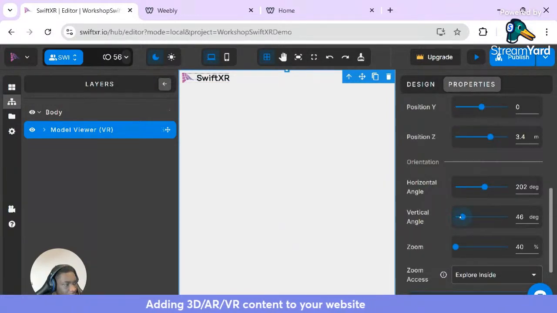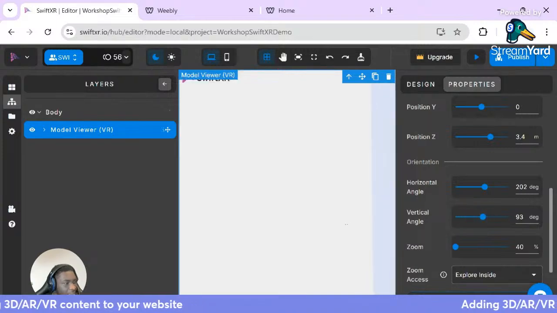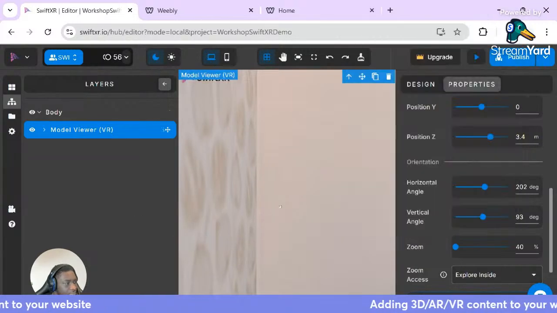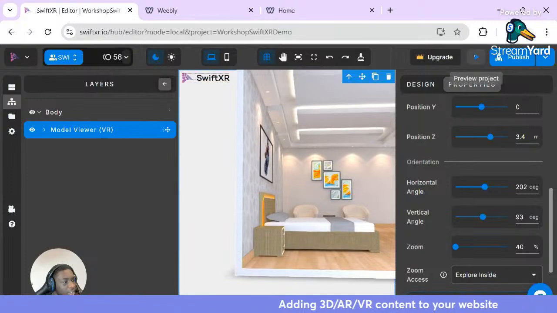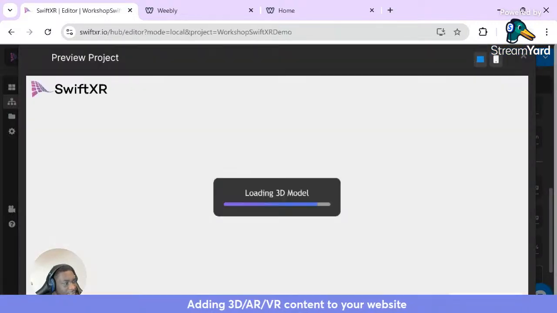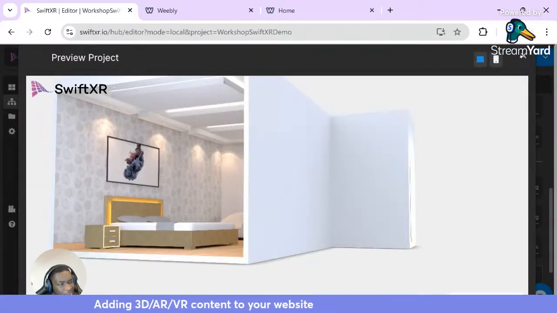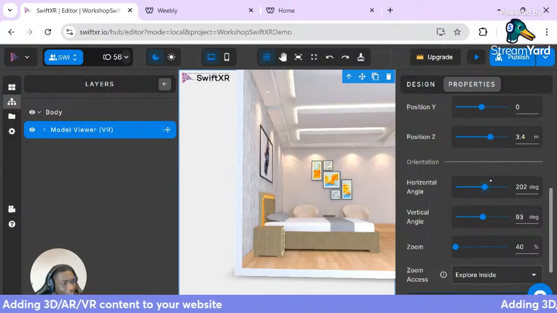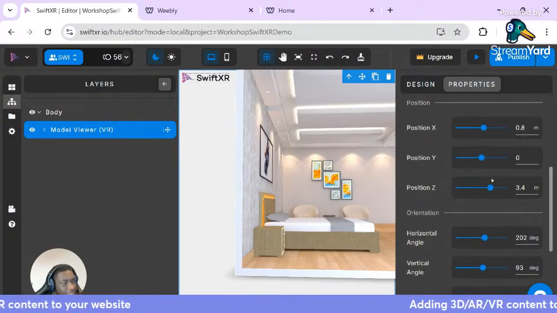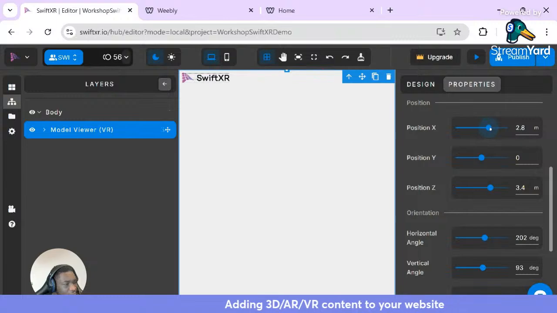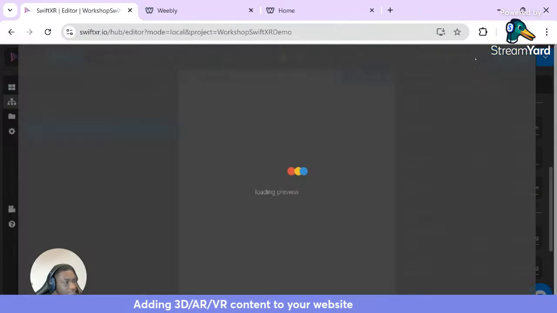Quickly. And yep, that's strange. Okay, cool. So let's preview that once again and see where we are. We're getting close, but not as close as we would want. So I can move the Z position just a bit,